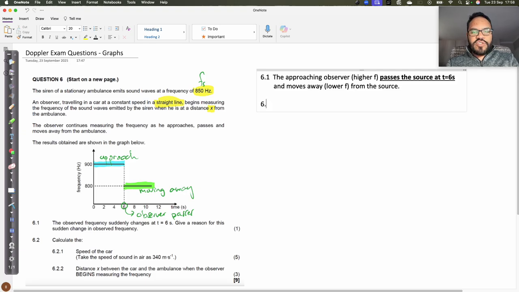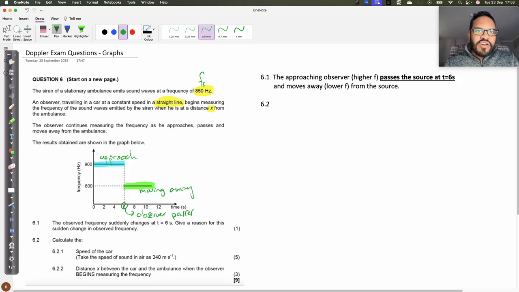Now we go to 6.2, students. And at 6.2, I don't want that ugly dot there. It says calculate the speed of the car and take the speed of sound in air to be 340 meters per second. Okay, so that's our v. Now we know we have the frequency of the source, we know we have v, and here we want the speed of the car. Now the listener is in the car, so here we are calculating v_L because the listener is in the car